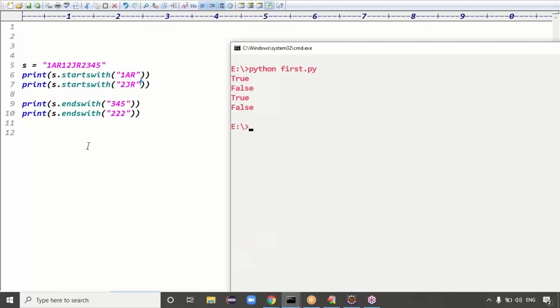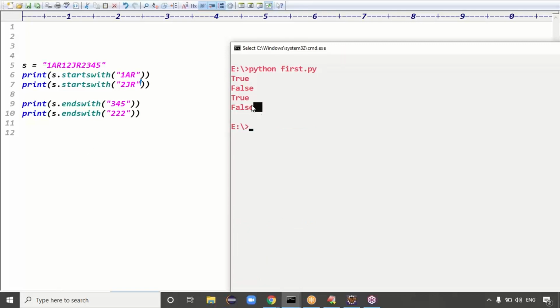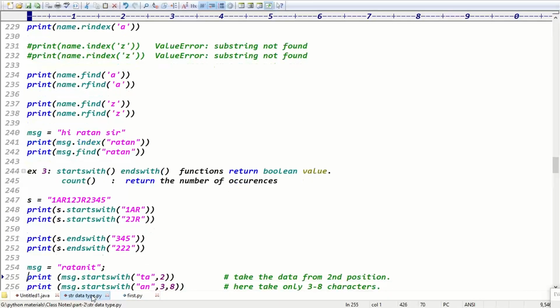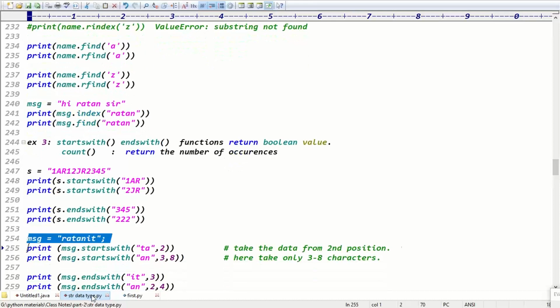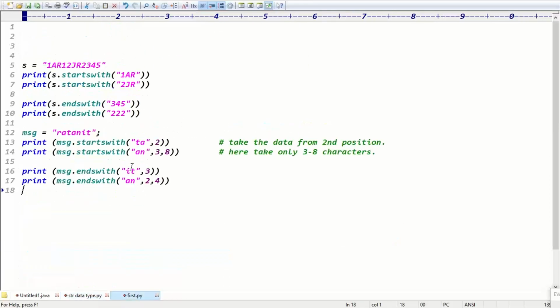Exactly, guys. Then you can run this code here. True, false, and so on, you get the output, right? Guys, yes or no? Exactly. Next one, you can take the count function, guys. Even with startswith and endswith, we can apply some extra position characters here. For example, the message is returned like this.